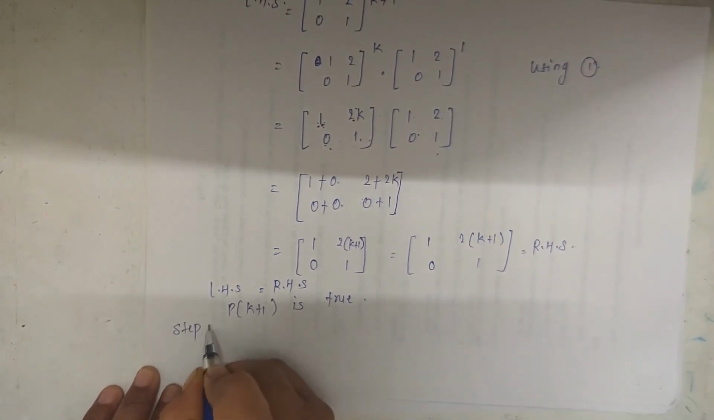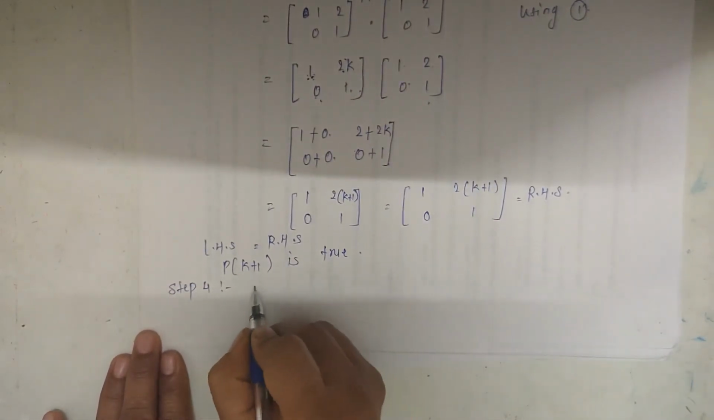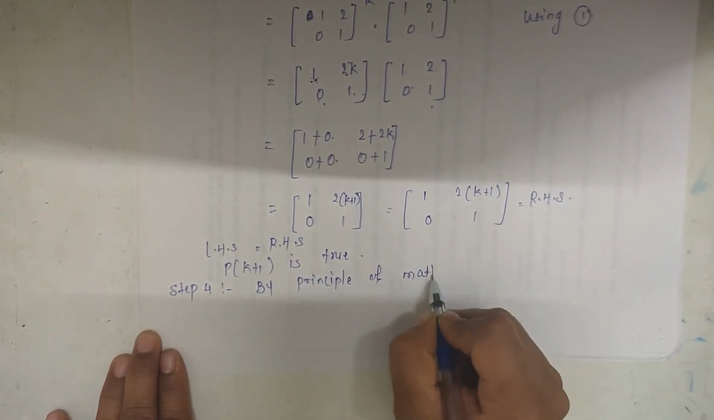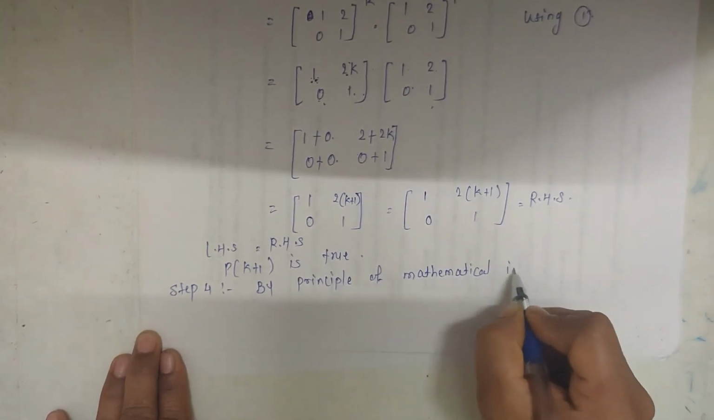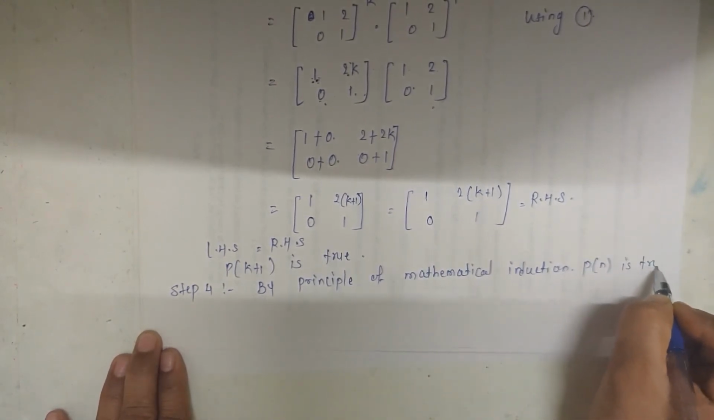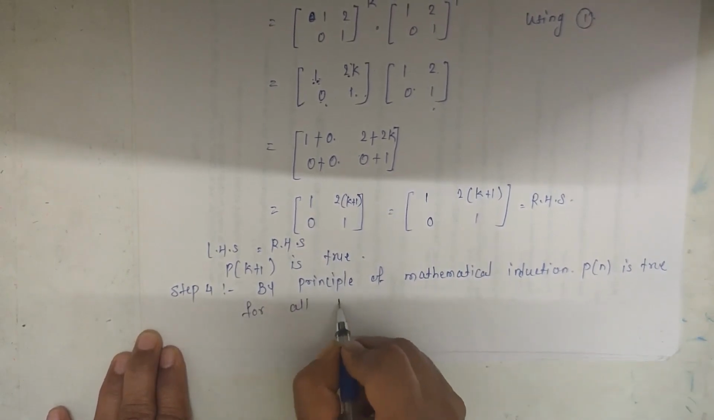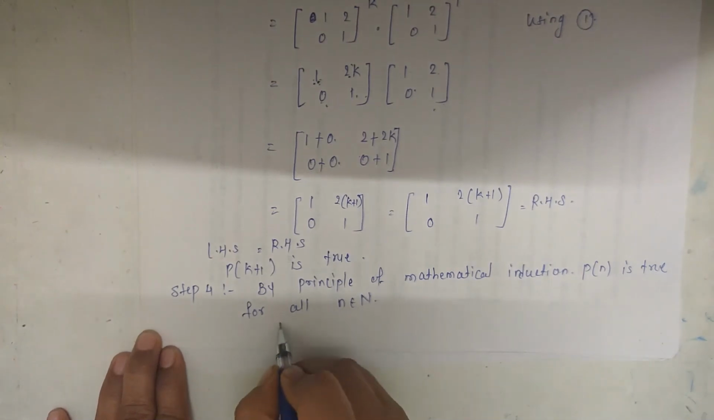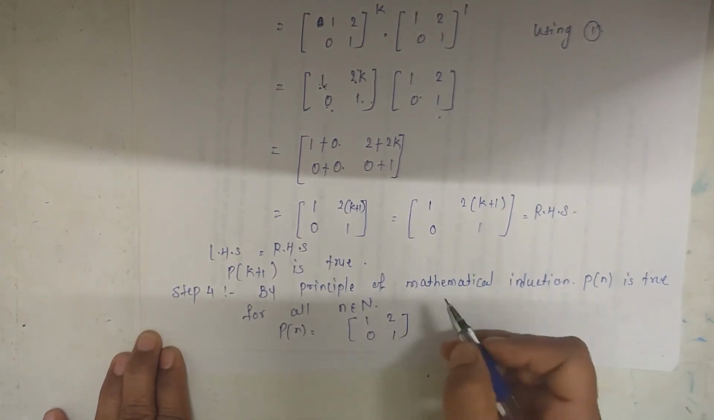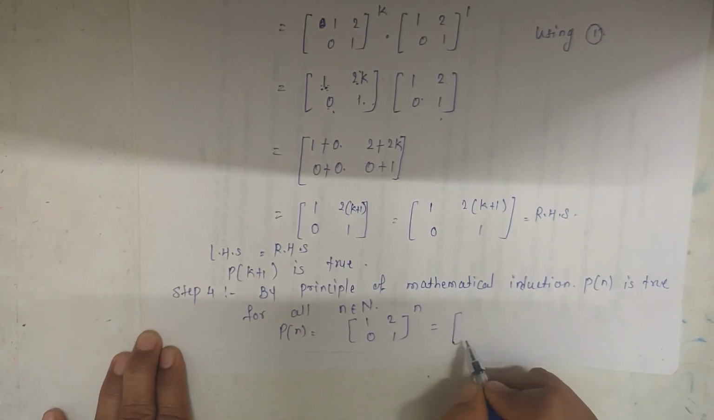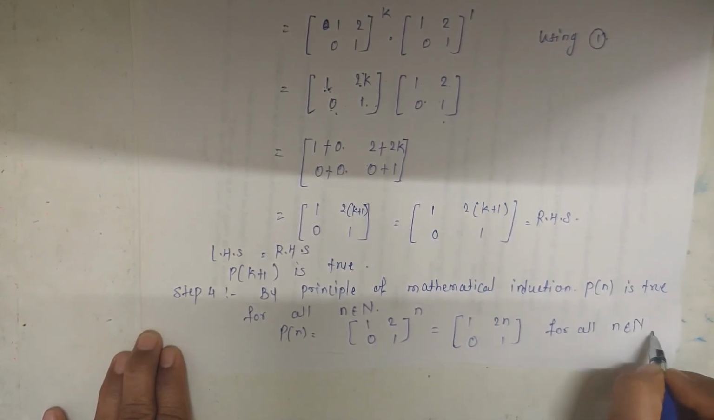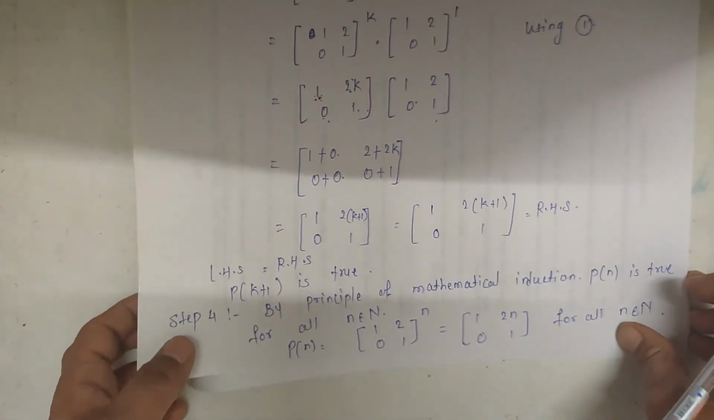So we can write in step 4, by the principle of mathematical induction, P of n is true for all n belongs to the natural number n, and the given statement P of n is the matrix of elements 1, 2, 0, 1 raised to n is equal to the matrix of elements 1, 2n, 0, 1 for all n belongs to the natural number n. In this way we can prove the different types of examples such as